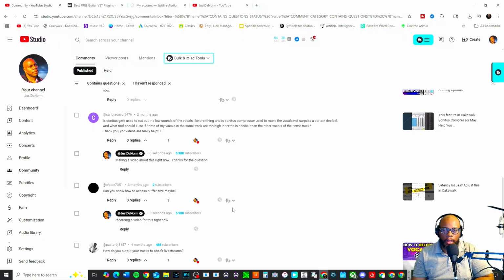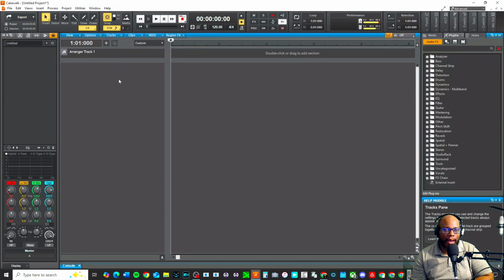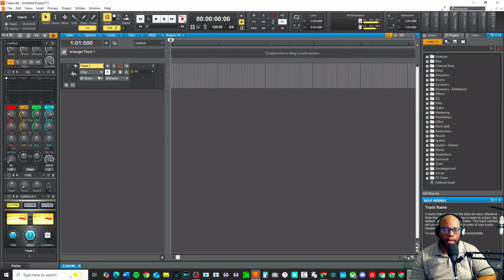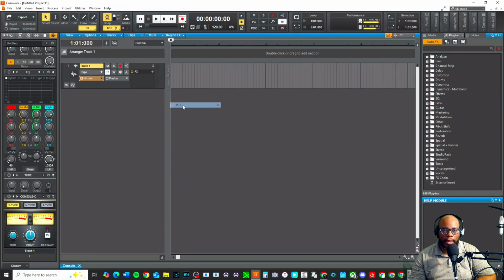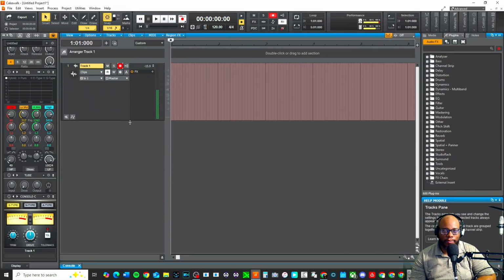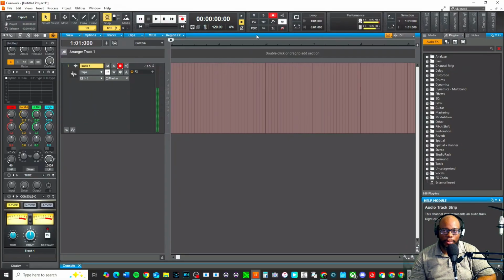All right. Okay, so the question is asking about the Sonitus gate and the Sonitus compressor. So first of all, let's record an audio track. We're going to press Control T. All right, and we're going to make sure that it's set up. And I'm going to set my input to input 1. I'm moving a little quick here because I want to get to the actual question that was asked. So if I'm singing something, and I'm going to turn my metronome off because I don't want to hear the click while I'm recording,